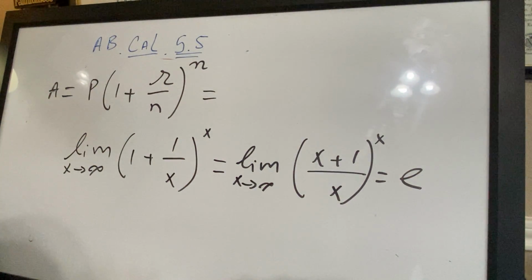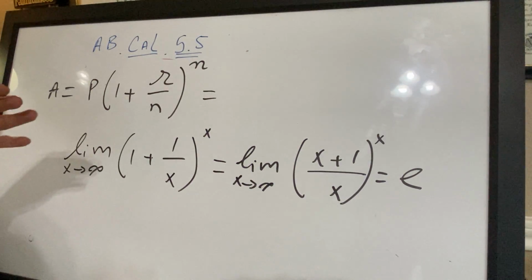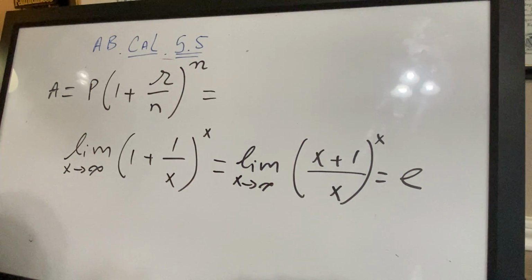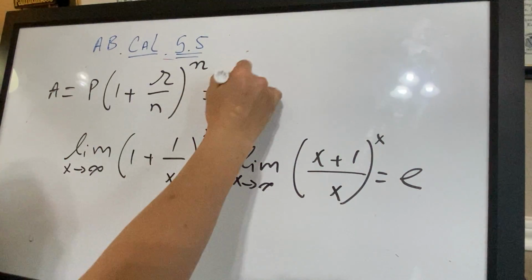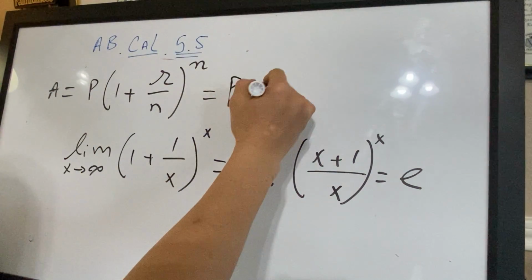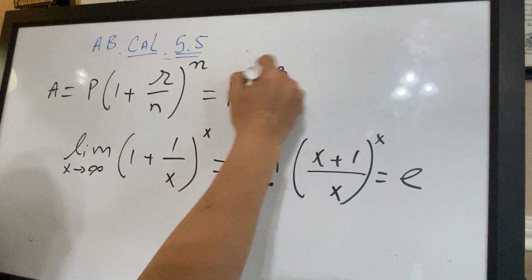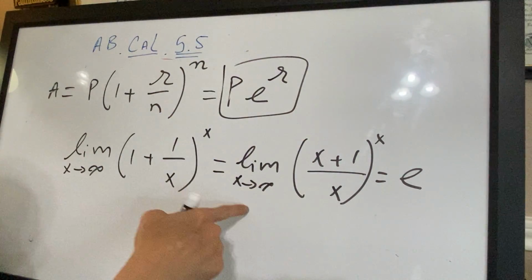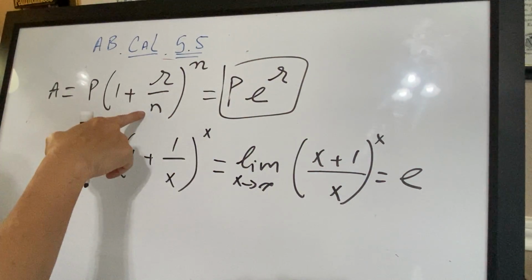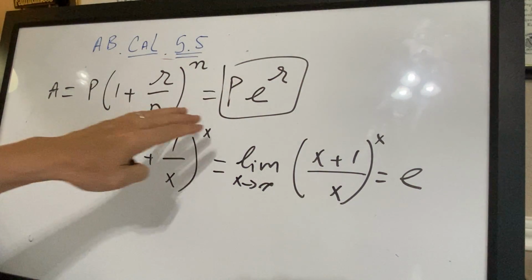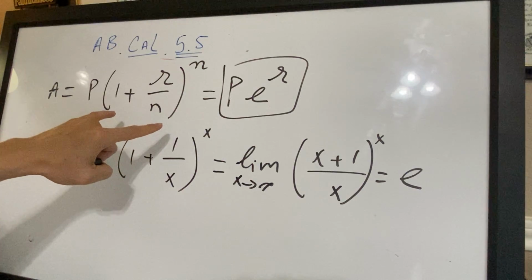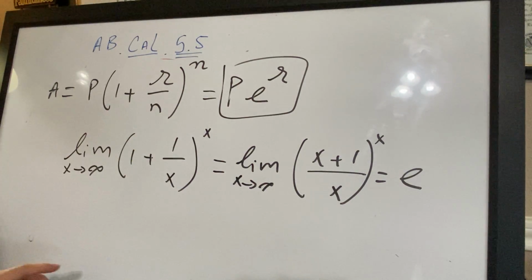It's beautiful, the proof is right there, just a few lines at the bottom of Theorem 5.15. Now take this into P e to the r. That's it. From these properties, apply that. This one is simplified by that right there. Okay? And because of this, with your annual interest rate R, you are coming into a compound